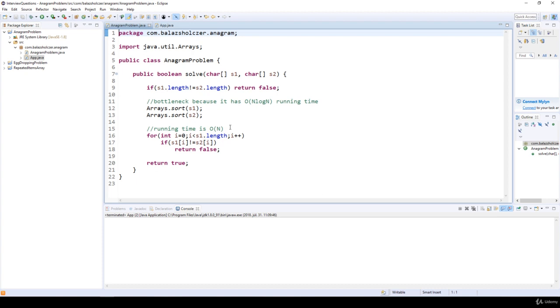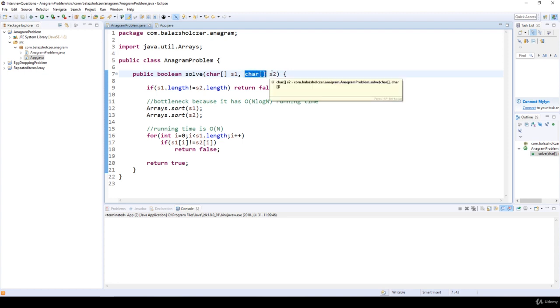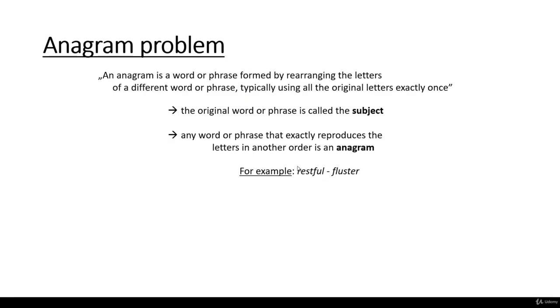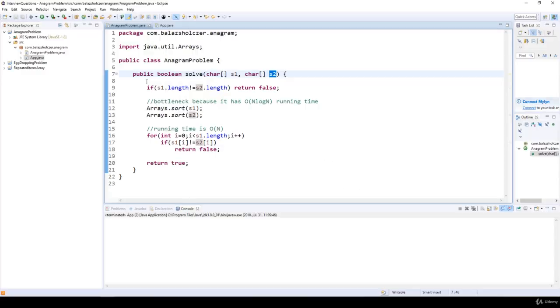As far as the concrete implementation is concerned, it is quite straightforward. We have a one-dimensional array of characters representing the first word, and another one-dimensional array of characters representing the second word. In this case, the first word is restful, the second word is fluster, and we are going to store all the letters in these arrays. So first of all, if the length of the first string is not equal to the length of the second string,